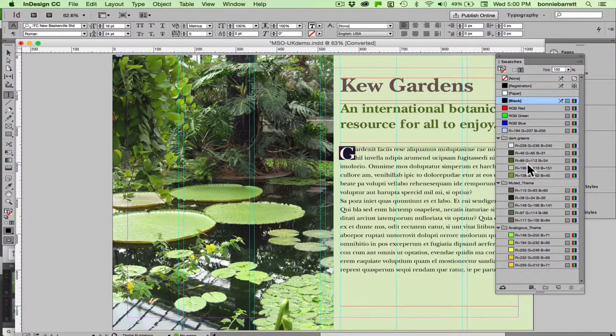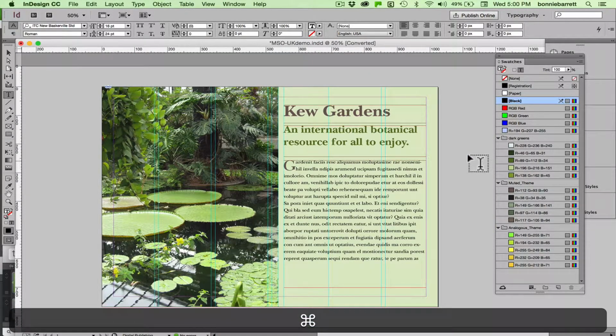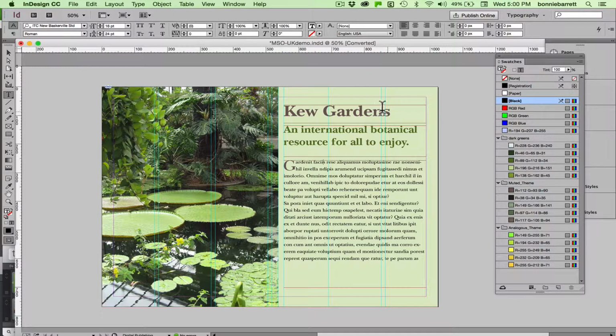And I can even do my drop cap. Kind of maybe a brighter color. I don't know, let's see how that is. That doesn't really show up, so maybe I'll do my drop cap back in this color. So we have now a much more harmonious kind of layout, and if we aren't completely pleased with it, we can always go back and say, well, no, I want a little more contrast than this,